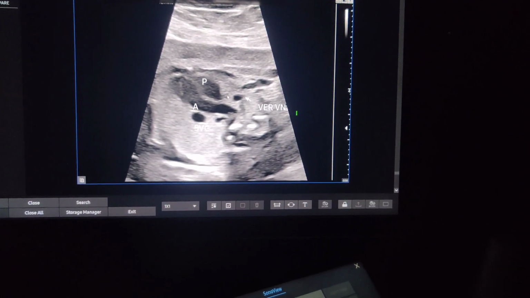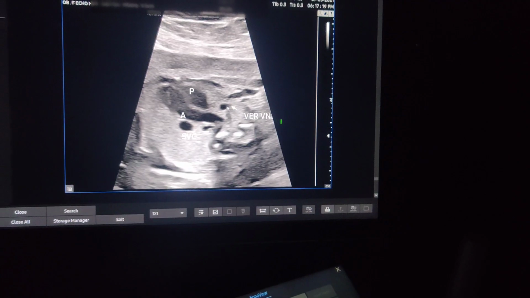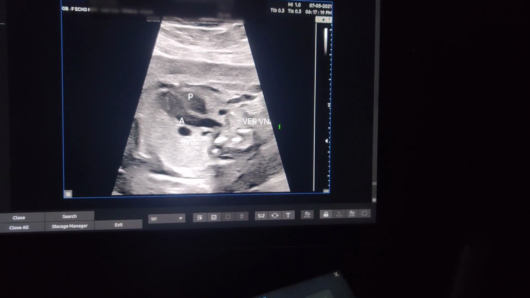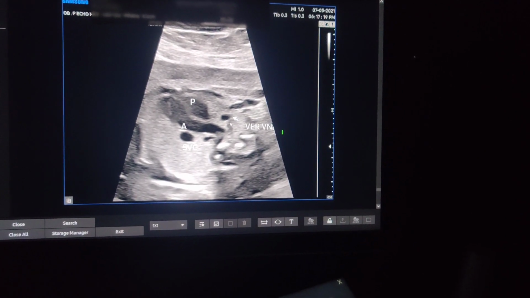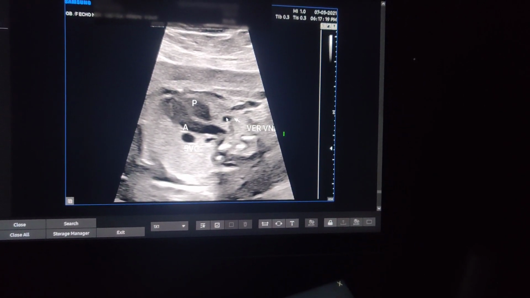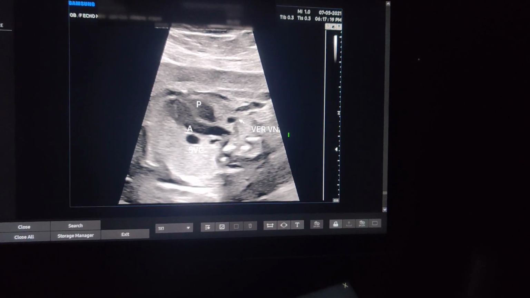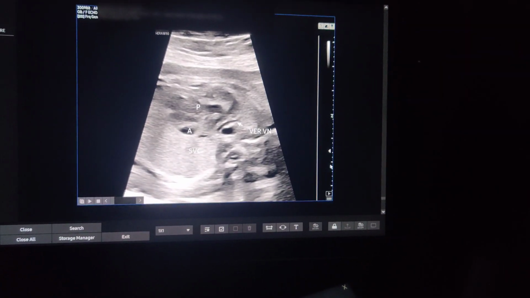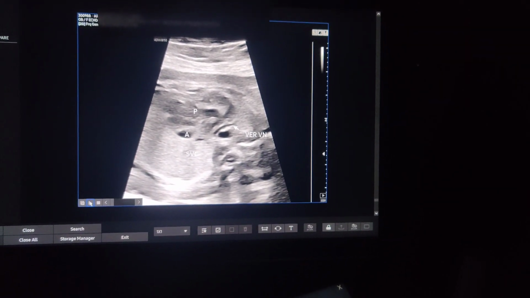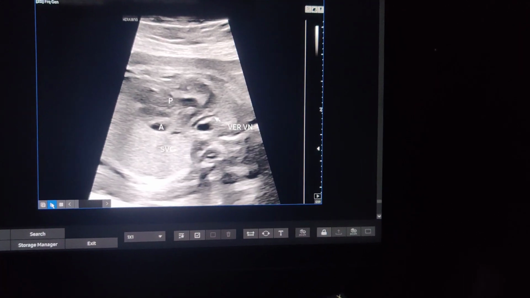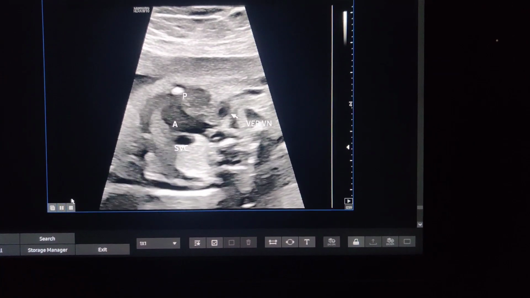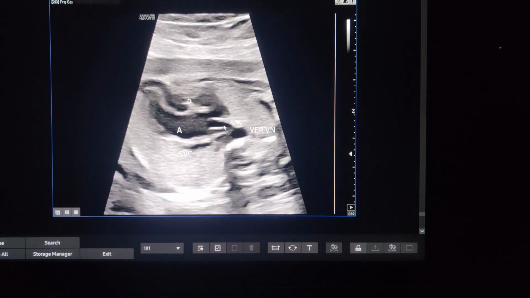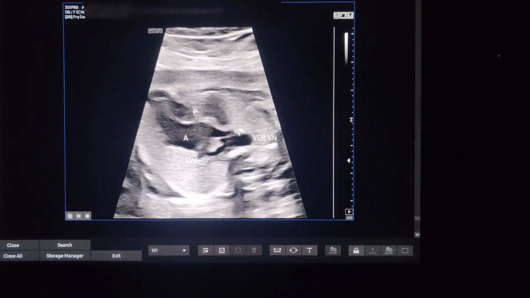Now again, revisiting the three vessel view, we are trying to show the vertical vein here. So this is left, this is right, that's PA, and then the extra vessel is here, which is the vertical vein. So this is a TAPVC going up into the left brachiocephalic vein. So without color, that is the 2D. So here it is. So this vessel is extra and should not be there.